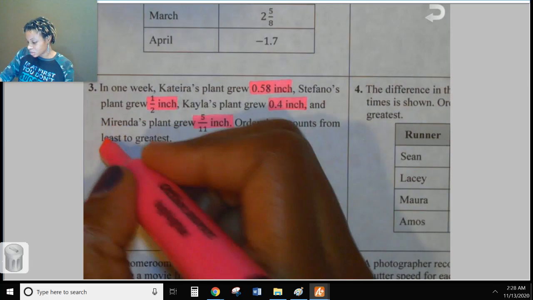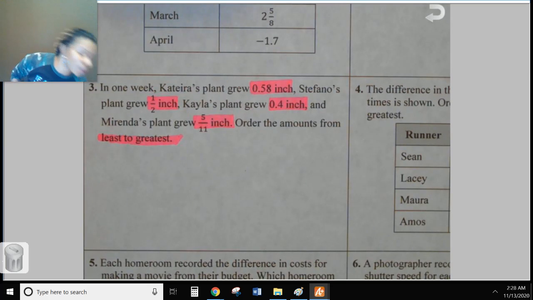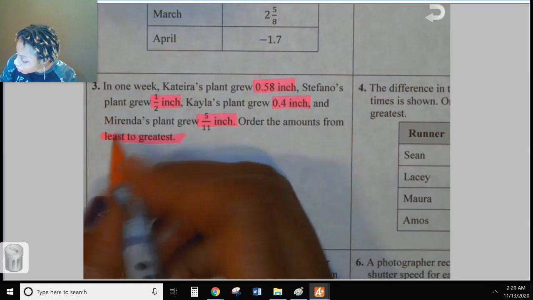And we're doing least to greatest, which is our favorite, right? But not always going to be there. I'm going to grab a pencil for this. So I see that I have 2 decimals and 2 fractions. Well, of these, I know one of these fractions already off the top of my head. So over here, I'm just going to